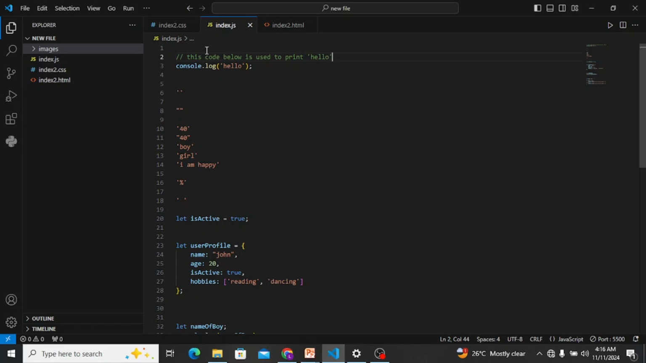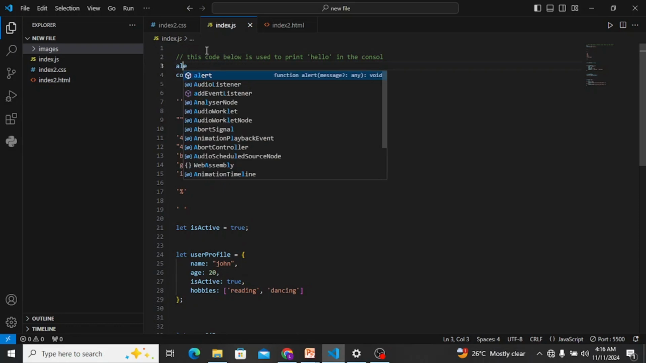It used to print hello in the console, right? Do you see, guys? Now this is me writing just a very simple comment. But if I'm to write something very long, whereby I have to go to the next line and say, also this code